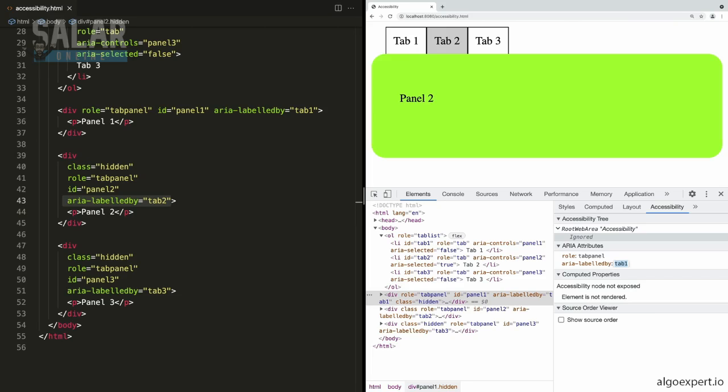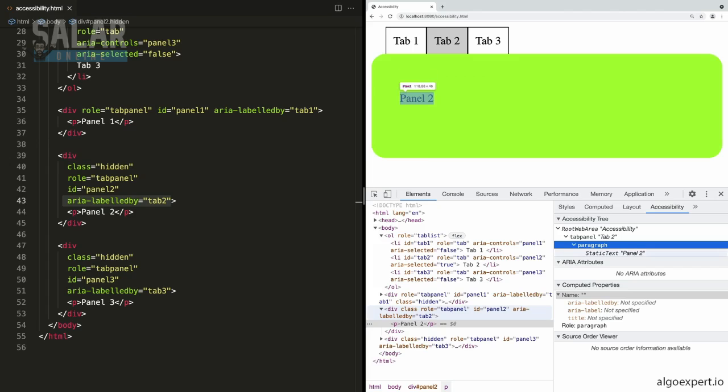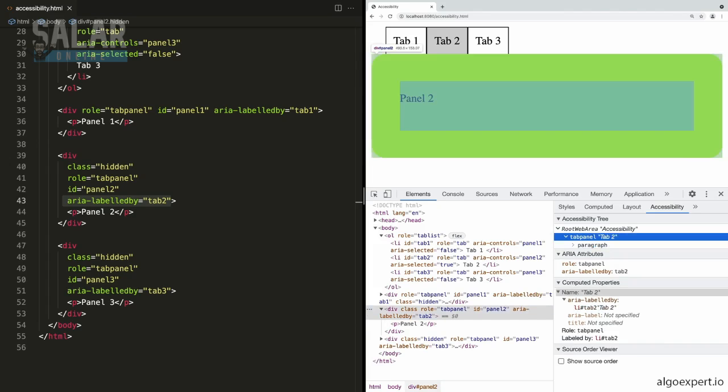But if we go down to panel 2, for instance, you'll see that this one has some information. It is tab panel 2, and then we have the paragraph inside with its static text. And if we go to that tab panel, you see it has a role of tab panel, and it's labeled by tab 2. I hope this has been a useful demo to understand how exactly aria labels get used in the accessibility tree, and I hope it is clear that this version of the accessibility tree we have now is much easier for